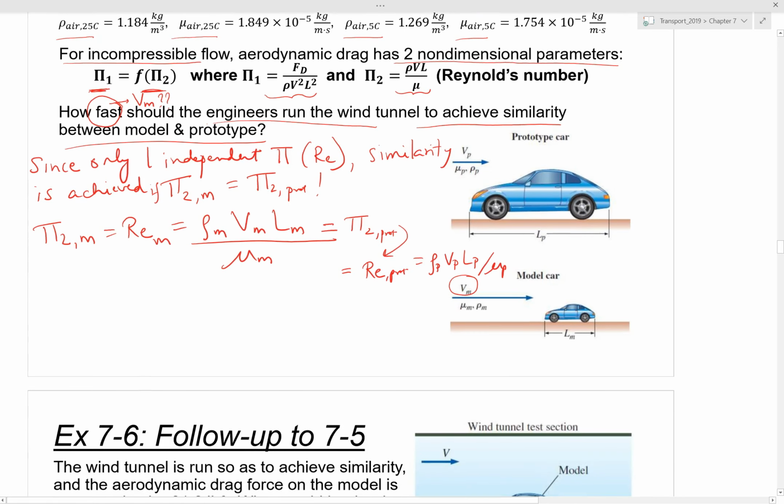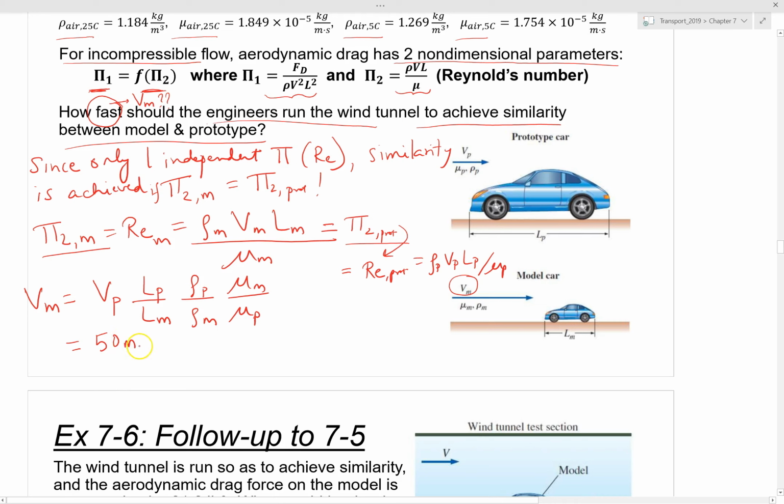Right? Okay, so then what do you get? Vm is equal to Vp. You're just equating pi 2m and pi 2 prototype. Rho p, rho m, mu p, which is equal to